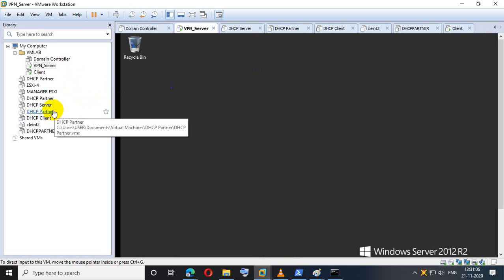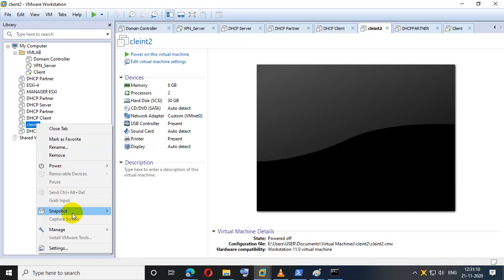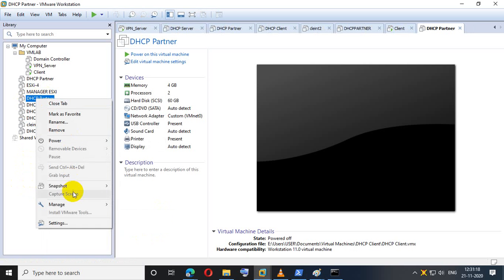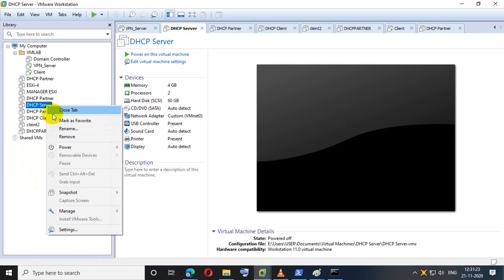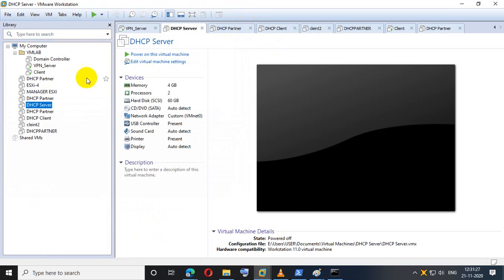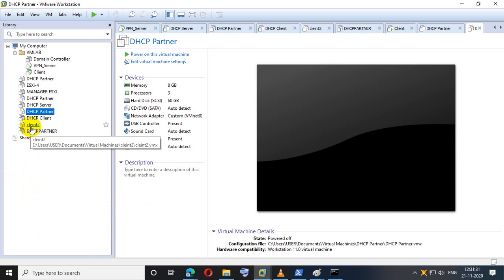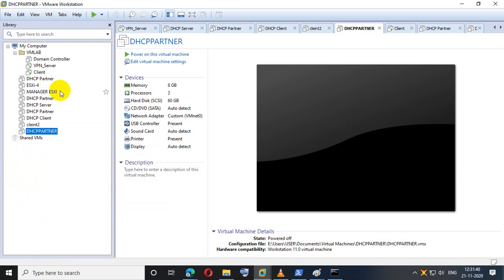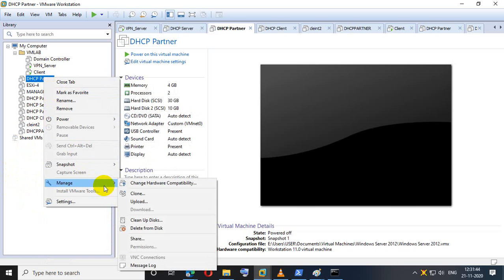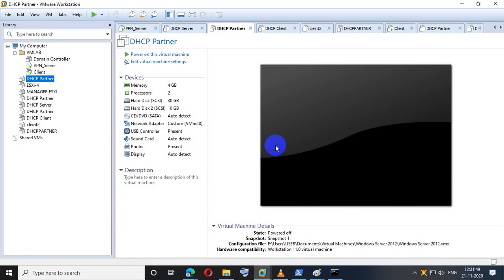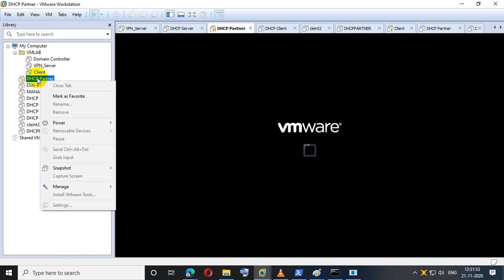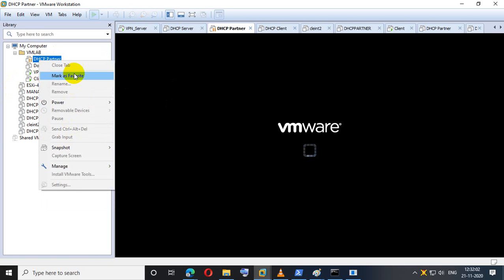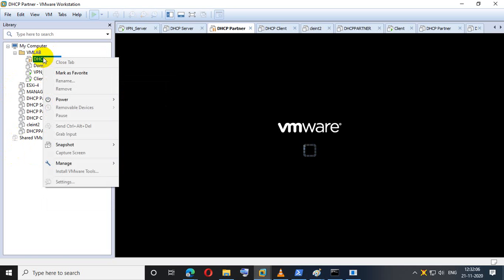This is my client machine, so I'll make it a domain client. Let me restore the snapshot.